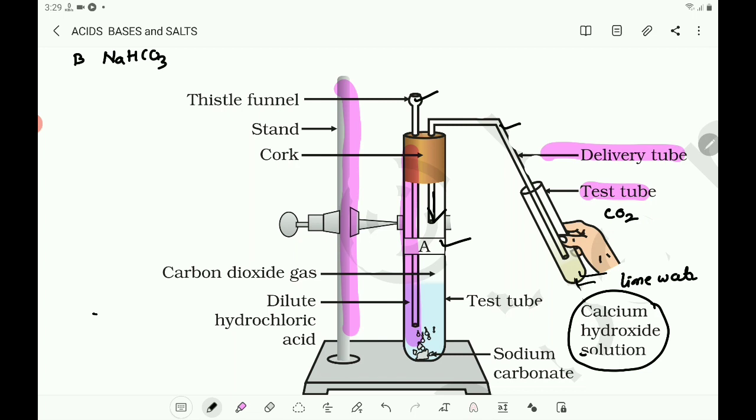Keep on passing CO2 gas through milky lime water for some more time. On continued passing of carbon dioxide through the lime water, the precipitate of calcium carbonate dissolves due to the formation of soluble calcium bicarbonate. The lime water becomes clear again. This shows that the white precipitate of calcium carbonate dissolves on passing excess CO2 gas.